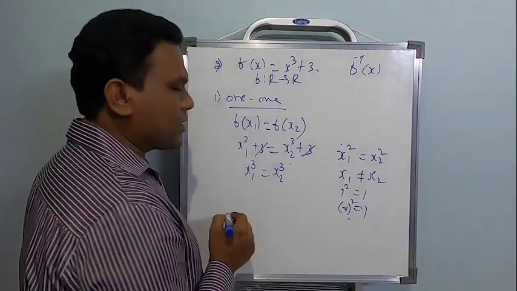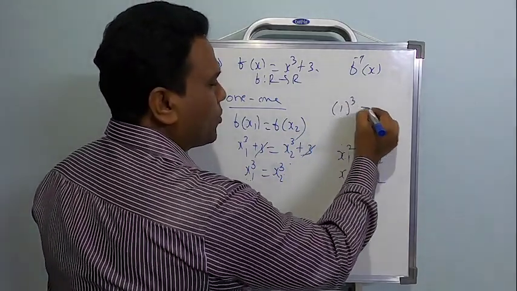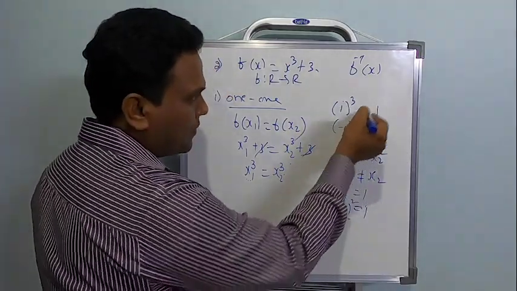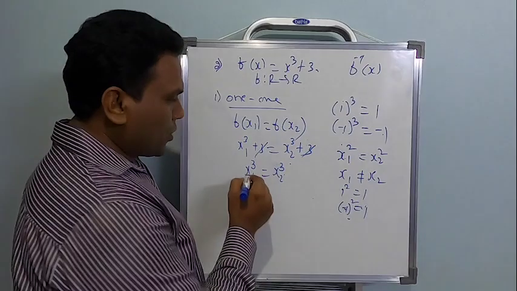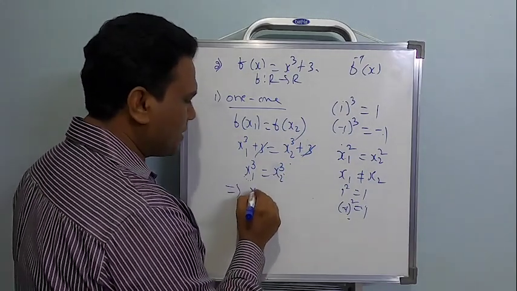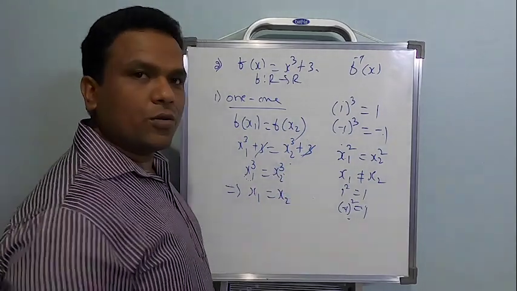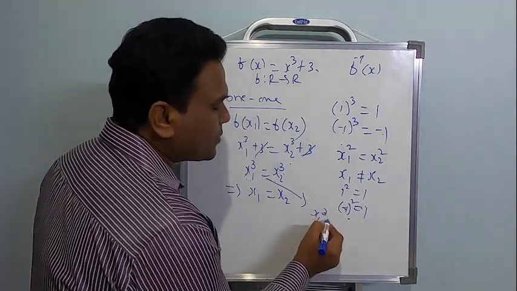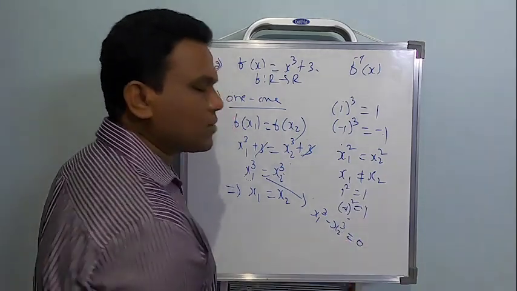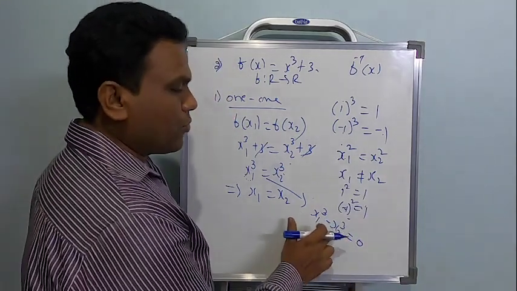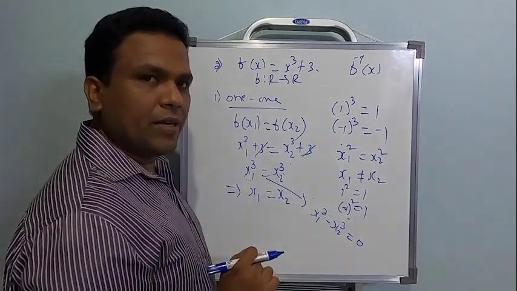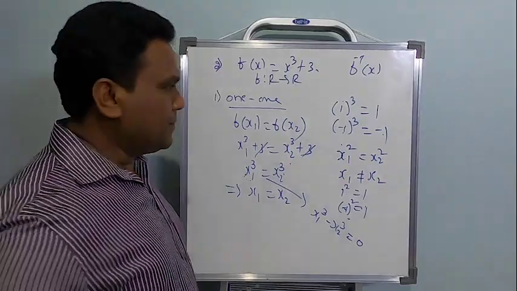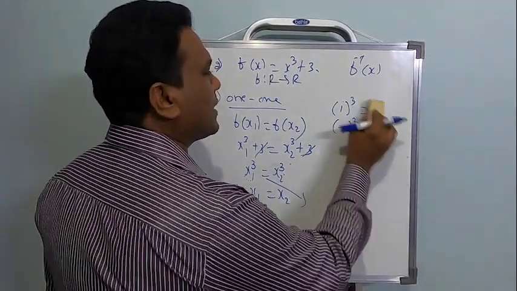Under squares I cannot say, but under cube yes I can say this, right? So if x1 cube equals x2 cube, for example, what is 1 cube? 1 only. What is minus 1 cube? Minus 1. Elements are different, images will be different, right? So if x1 cube equals x2 cube, directly you can conclude x1 equals x2. The correct way of doing this is to write x1 cube minus x2 cube equal to 0. Use the formula of a cube minus b cube, simplify, you will get x1 equal to x2. But I have explained with an example also. Okay, so keep this in mind. So we just checked it for one-one, correct?